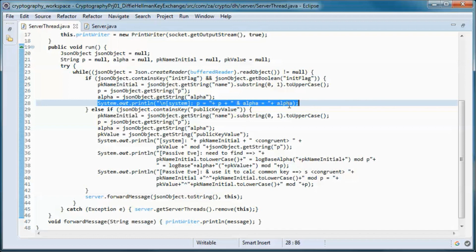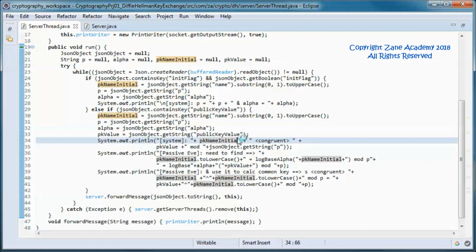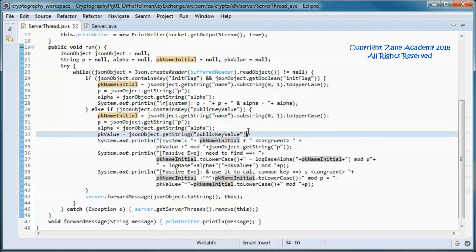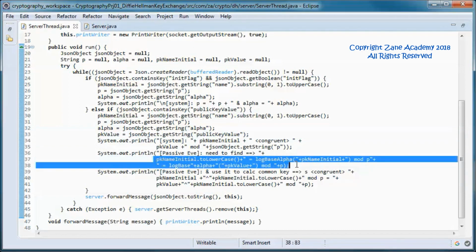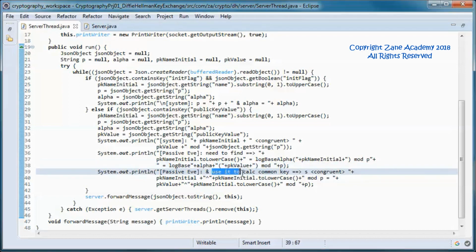So P and alpha, and uppercase A and uppercase B for the public keys, and what Alice needs to calculate in order to obtain the common key, which is very hard if the numbers are very big.